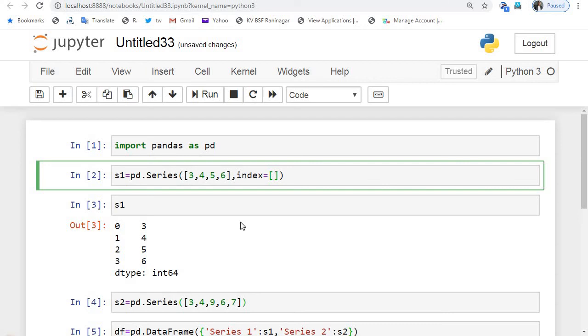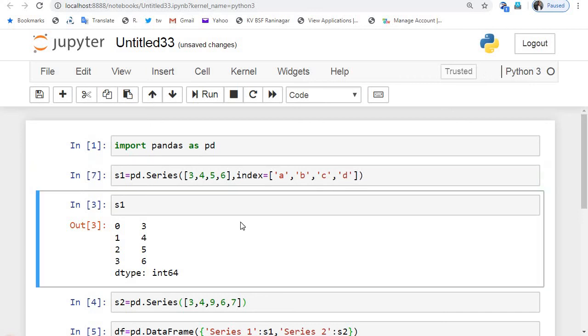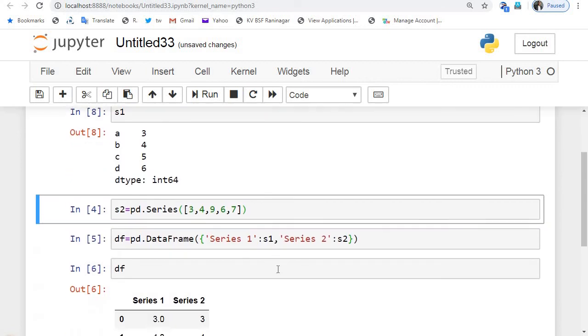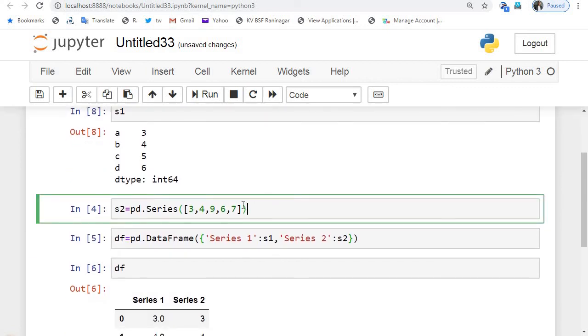Here to give the index, this series has 4 values, 4 indexes this way, and series S2 can also be given a list of indexes. Remember the index labels should match, otherwise for unmatched indexes the values will be NaN.